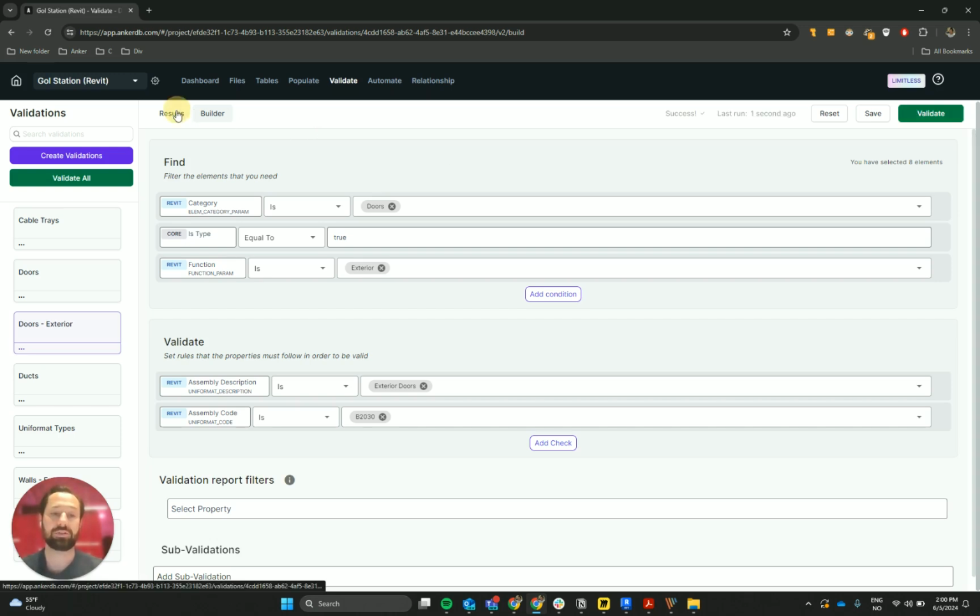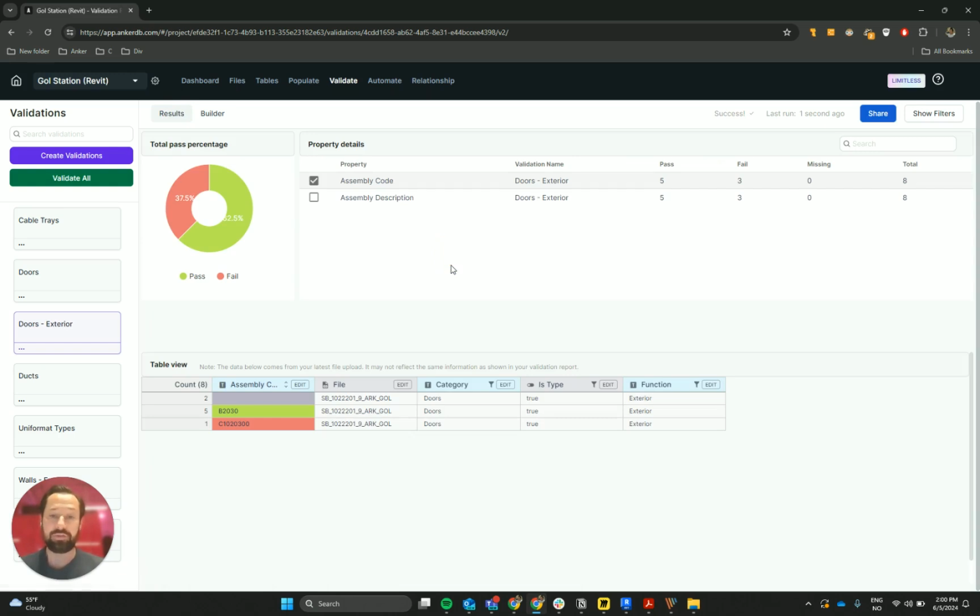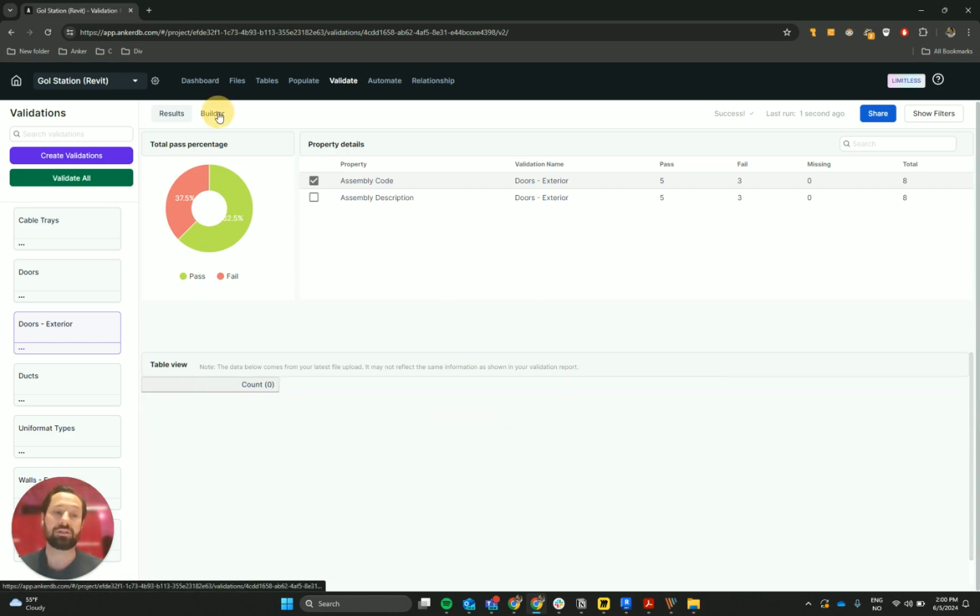And now when you look at the result, now you can see that I filter out all my doors that are exterior based on this function property. And then now you can see that I do have 2 doors that don't have a code at all, 5 doors with the correct code, and I have 1 door with a wrong code. Then you can do this for